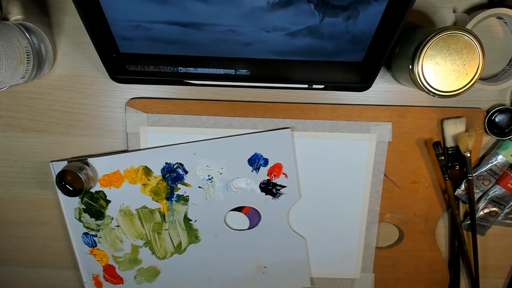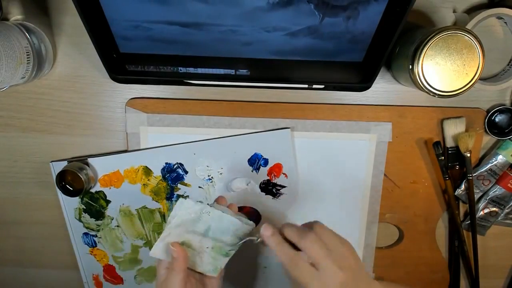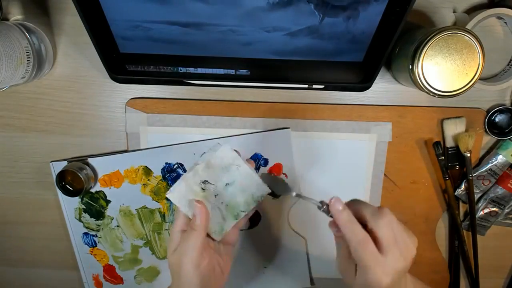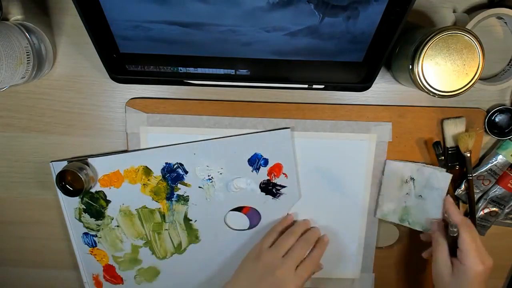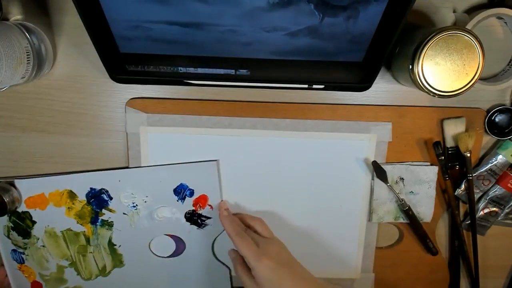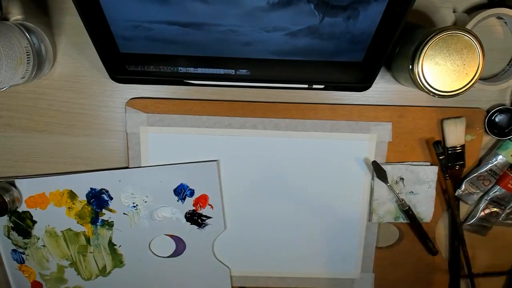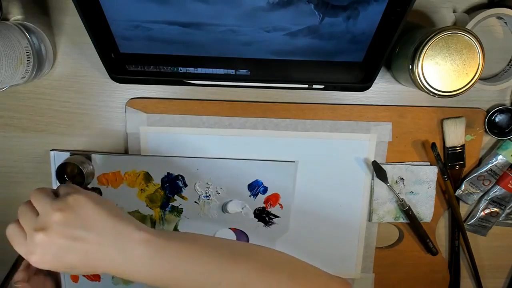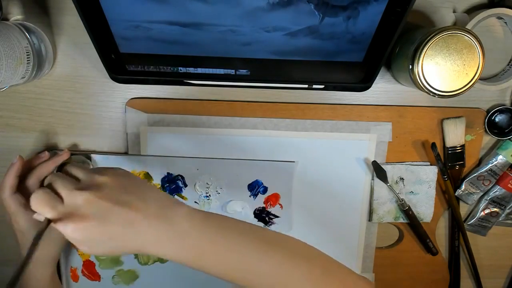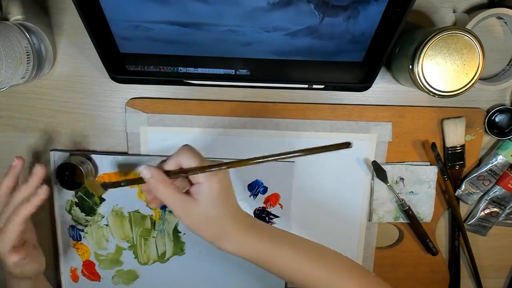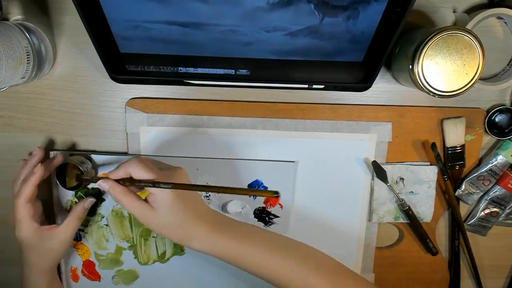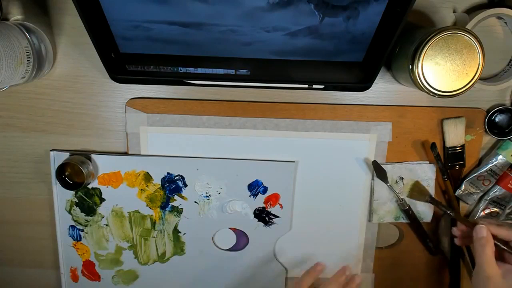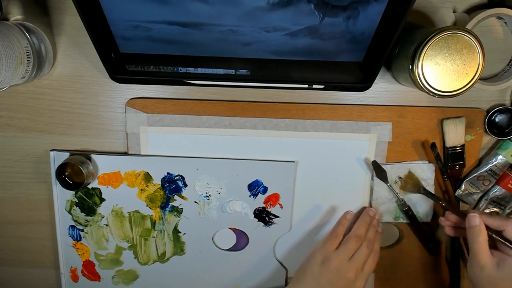Just have a cloth or a paper towel ready so you can wipe off extra paint. All right, so now that I have this nice purple, I'm just going to dip my fan brush in my linseed oil just to wet it. It doesn't have to be dripping. So your oil is like your water if you were painting with acrylic or watercolor. So with oil, your oil is your